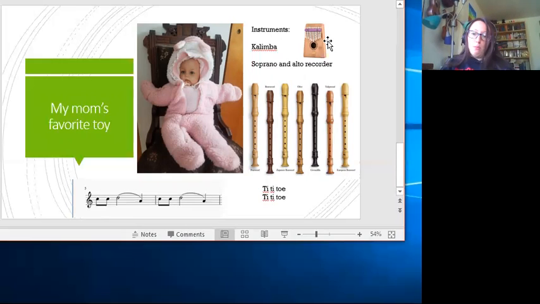You don't have to have a presentation like this. You can just tell me. You can write it down. You can write it down and draw a picture. You can type it and send it to me as an email. One of your classmates has already turned this in, and I don't like using your names on the internet, but her initials, KH, she actually just sent it as a voice recording on a Teams chat, and that's fine too.